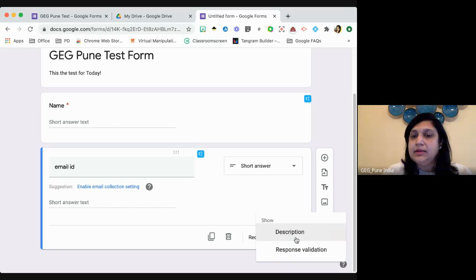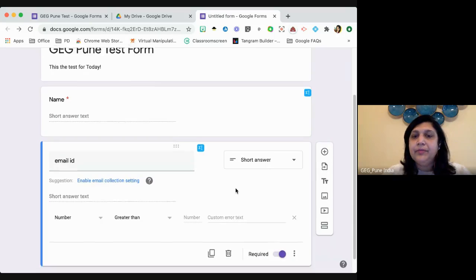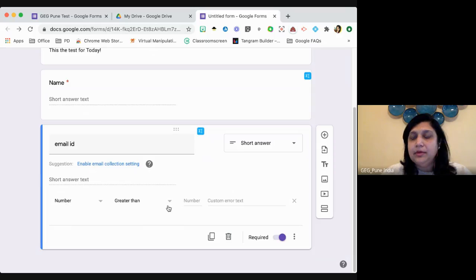We click on the right side of that little 3 dots. If you see, यहाँ पे एक option आता है which says response validation. Click the response validation. It gives you a small list. What do you want this email address to be like? ये अगर number आपने अगर roll number डाला यहाँ पे, तो the number should not be greater than, let's say आपके class में 60 बच्चे हैं, तो the number cannot be greater than 60. So कोई any student cannot just put 65 as my roll number ताकि पता ही ना चले कि किसका form है ये. So you can always set these restrictions.